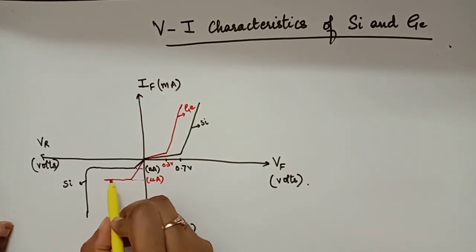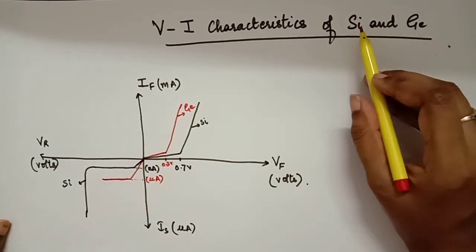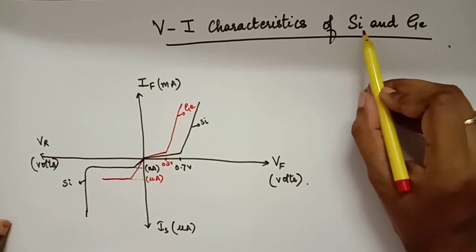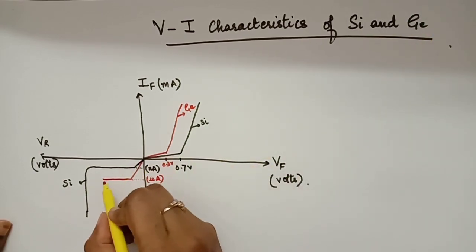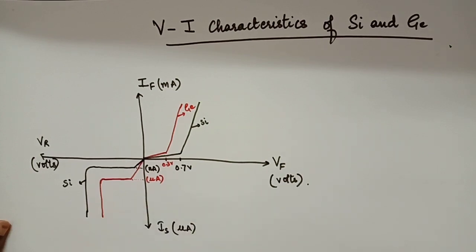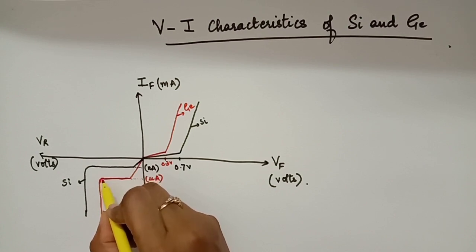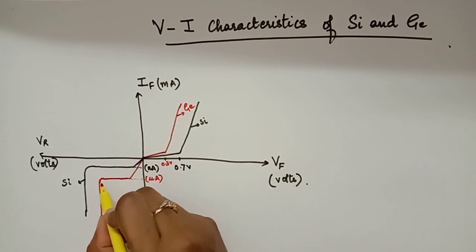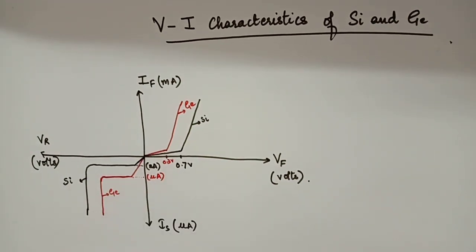Now what about the breakdown voltage? We know that germanium is more unstable than silicon. We have already learned it under the topic of why silicon is preferred over germanium in the previous lecture. So we know that germanium is more unstable. Therefore it will have a lesser breakdown voltage. That means it will go into the breakdown stage earlier than silicon, and that is why we prefer silicon. So the breakdown for germanium comes earlier, therefore it is more unstable. This is for germanium.